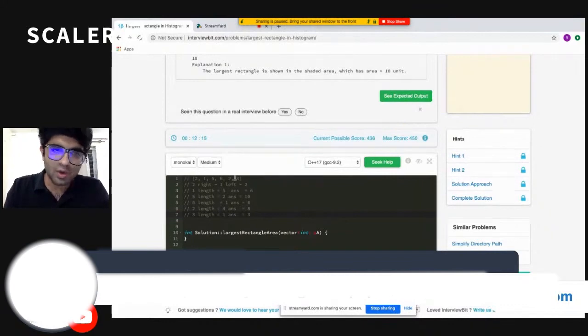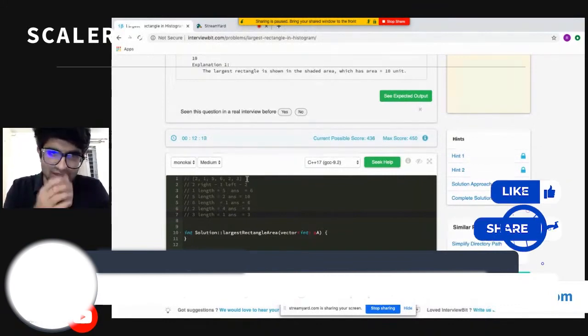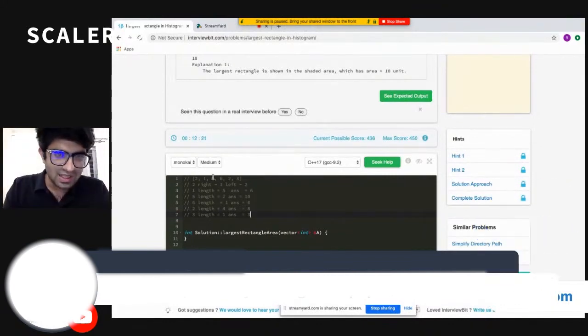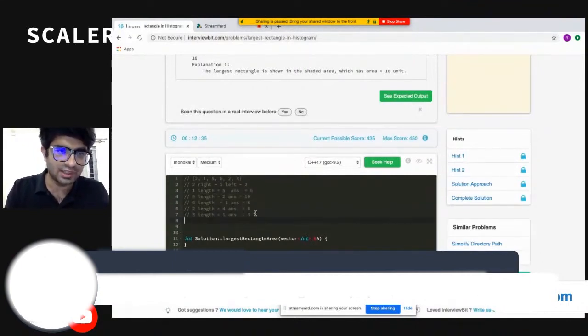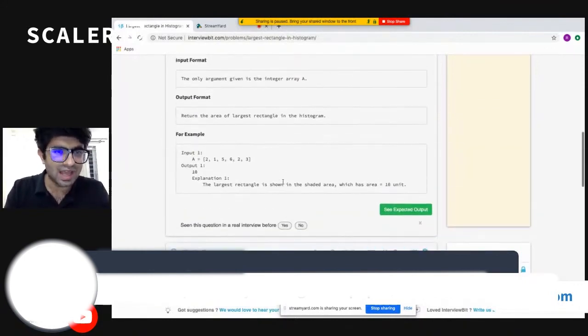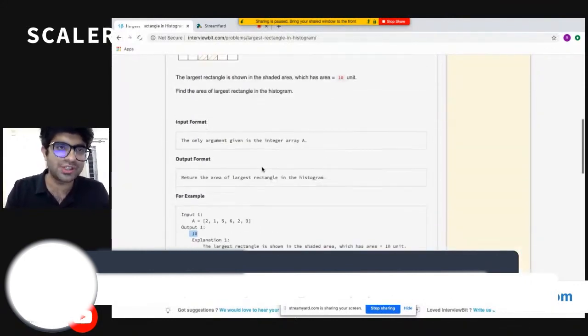Okay, I have considered all the elements using that analogy, and I can see that the maximum area came from 5 with a length of 2. So it's okay to do it like that, and in the end I can find the maximum answer out of them, which is 10. So 10 will be my answer. Nice. If I do it that way, I can figure out the answer. And I can see that 10 is the answer for this question.